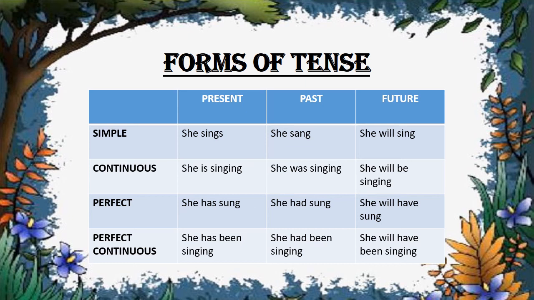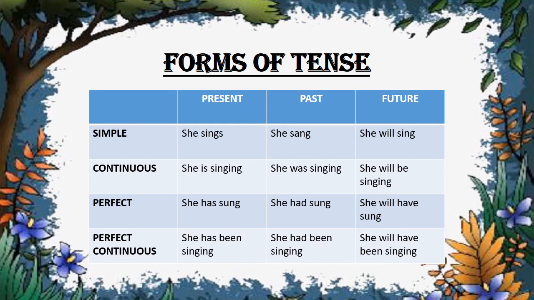Okay children, and if perfect is present, then has, had, and will have will be used. If it is present form, it is has, past form had, and future form will or shall have. Along with this, the word that is newly added here is been, B-E-E-N. This been is present for perfect continuous. Only for perfect continuous is been used along with the helping verb. The helping verb is has, had and will have. Along with that you will use been and the continuous form of the base verb.